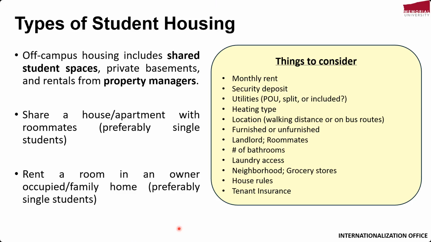Then laundry access. In apartments, the laundry access is usually coin operated, but if it is a house, there is a washer and dryer available. If there is an unfurnished house and they say there is no laundry, you might not consider taking that house, because it's very difficult to find public laundry here in St. John's. There are, I think, one or two available, and they're a little far. You have to go and then you have to pay. This is not free laundry, so that is a separate thing. So always ask about the washer and dryer if it is available in the house, and if it is not, then try not to go for that house.